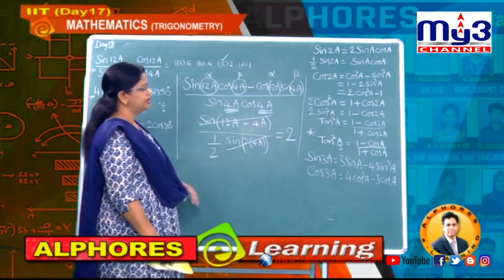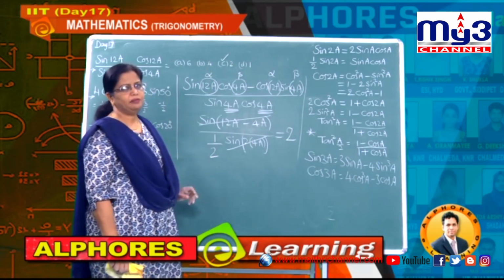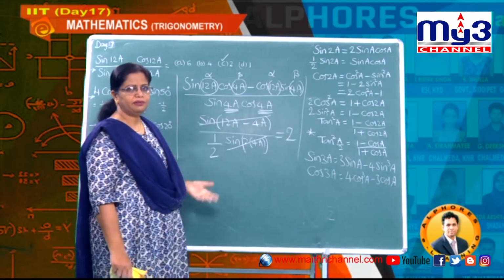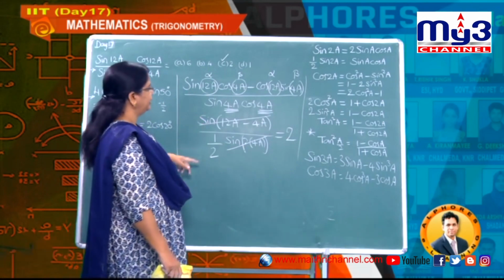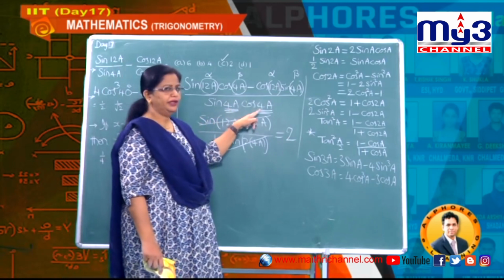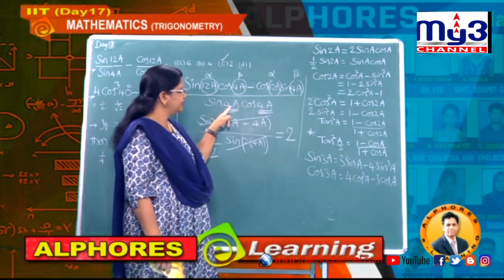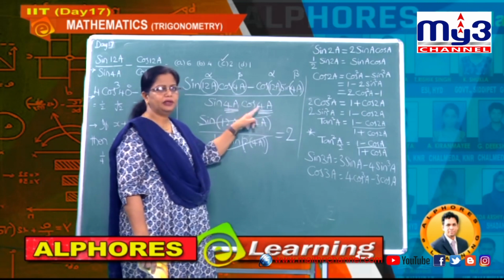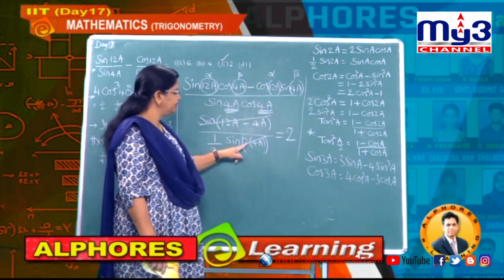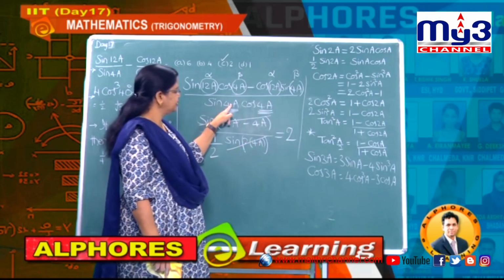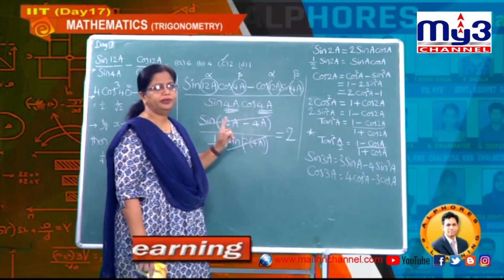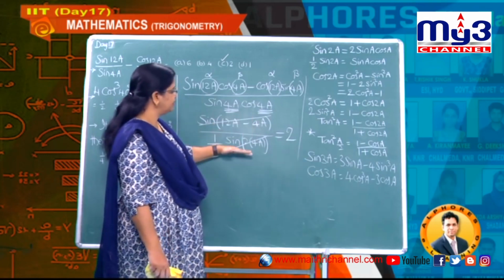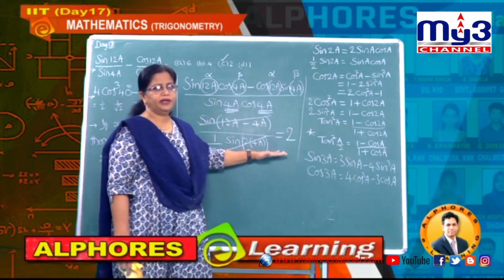Easily you can do it just by using the LCM concept, nothing to use from the 3a formula or 2a formula, etc. Only at last we observed it is the same angle, both have the same angle. Therefore the formula sin theta cos theta is half sin 2 theta. Theta is 4a, so 2 into 4a is 8a, and here also 8a, hence these two cancelled and you got finally 2.